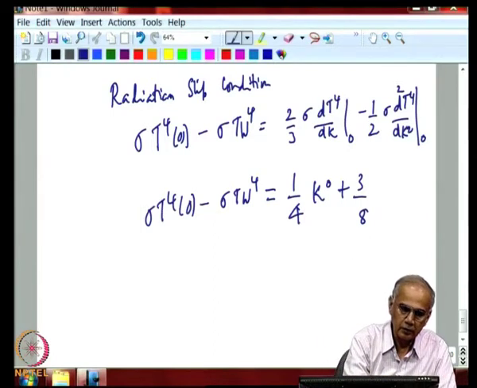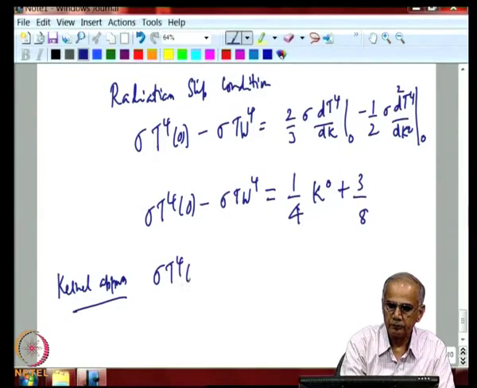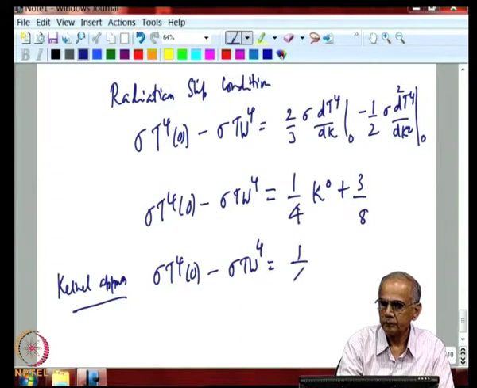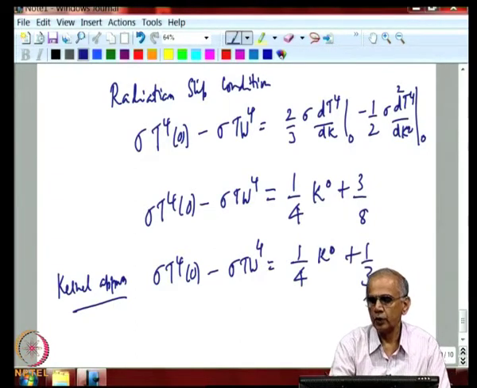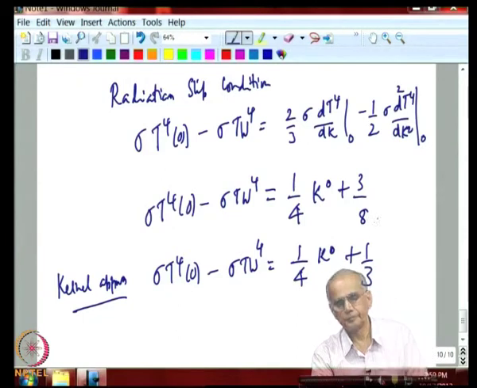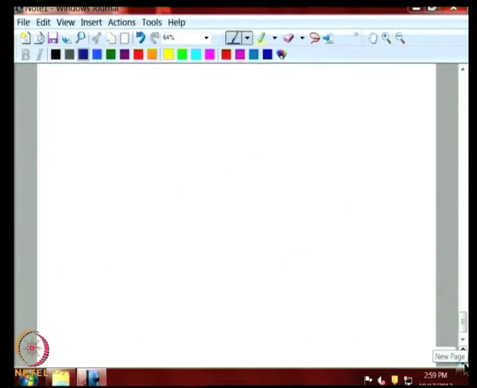If you had used the Canal approximation and substituted everything back, you would have got, so these two are not very different. This is almost 1/3, this is 1/3. So, the final expression for radiative heat transfer gas will be